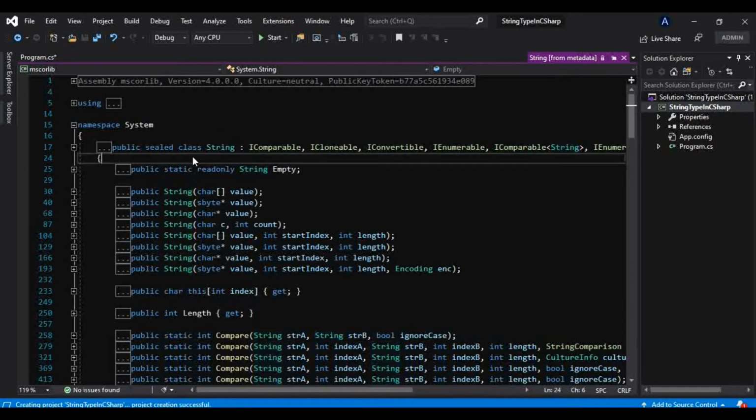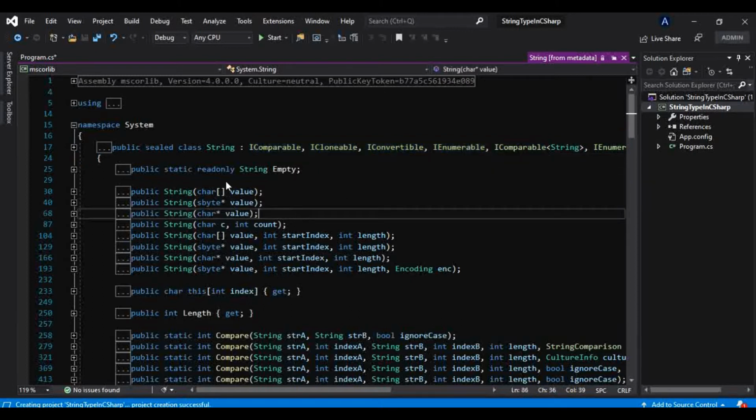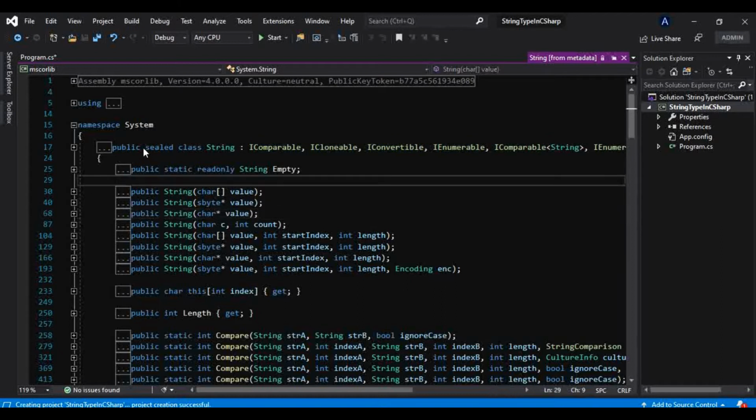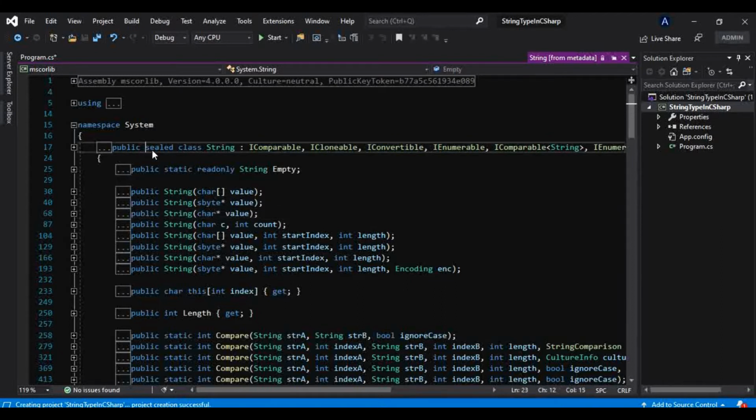Again, this is a sealed class. If you recollect from the previous tutorial of this series, I have told you that being a sealed class, it cannot be used as a base class, neither can it extend any other class. And these are nothing but the interfaces. We have spoken about this already, not in great detail. We will be talking about interfaces in great detail, but having said that, this is a sealed class, it cannot be used as a base class for anything.